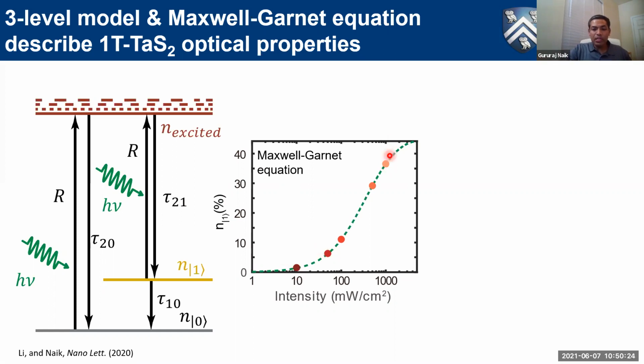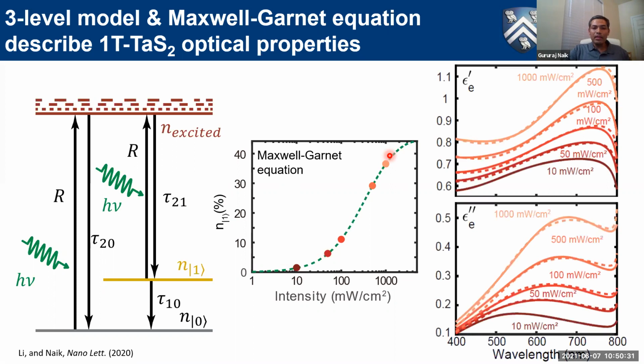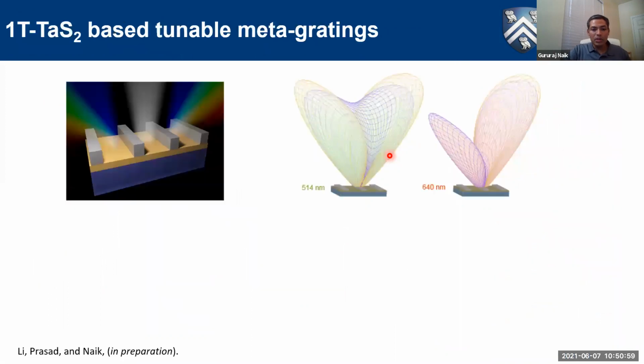Then using those numbers, we could use Maxwell-Garnett's effective medium theory to predict how the optical constants change. And we predicted the optical constants change, and they matched surprisingly well with experiments. And we were really pleasantly surprised and happy to see that this could actually vindicate our hypothesis, which is it's actually the stacking which changes the optical constants. So stacking of CDW domains is a new degree of freedom that this material exhibits, which we can change just with light. Okay, so this gives us tunability.